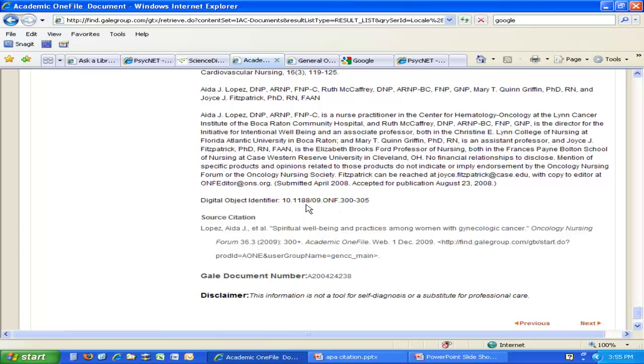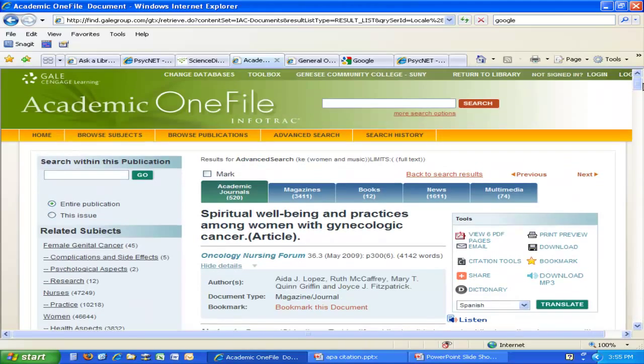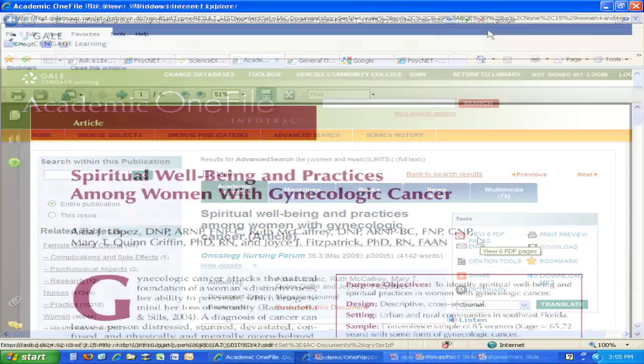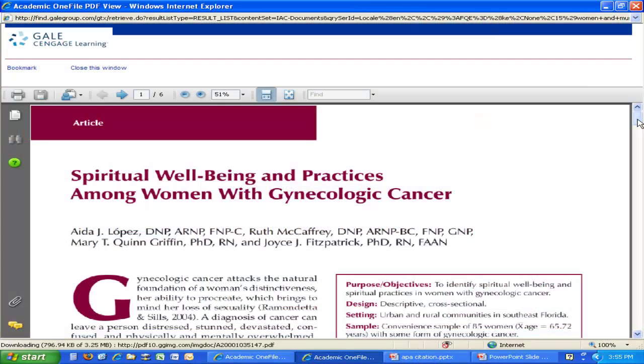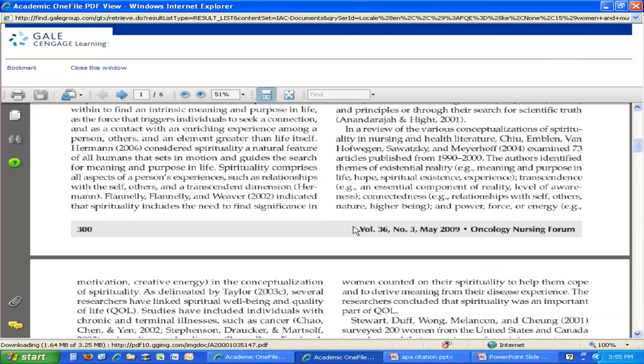And you will know that DOI because it usually starts with that 10 dot something. If you don't see it, or it's hard to find when you're looking at the text of an article, the other place that is sometimes easier to spot, if your article has a PDF link, because the PDF looks like a photocopy of your article, it can sometimes help these things stand out better. I'm looking on the first page, and sometimes it will be right down here where they will give you other information about the article itself.